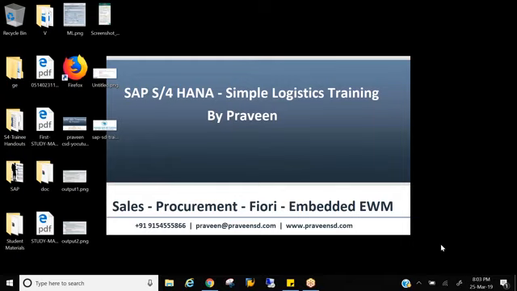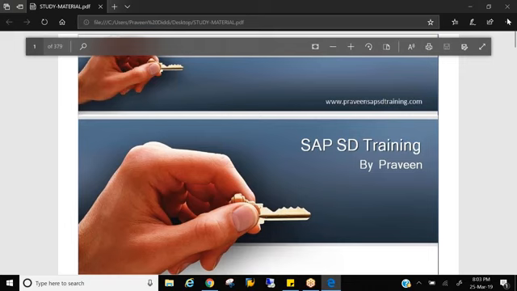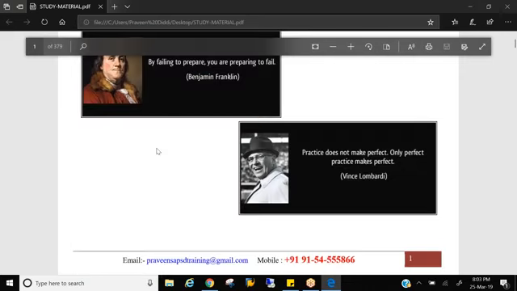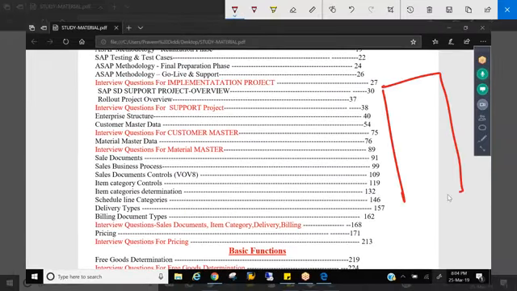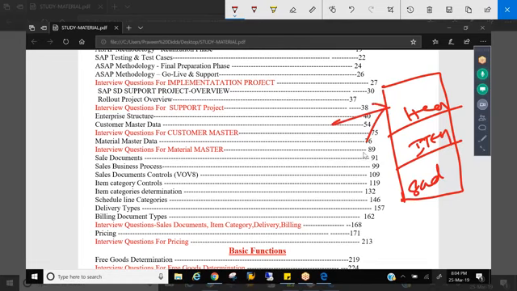Yeah. So item categories. We have discussed in the previous session that a sales document has a structure. So what is the structure of a sales document? It has a header, item, and schedule line. Right. In the last session we finished discussing the header. Today we will be discussing items.